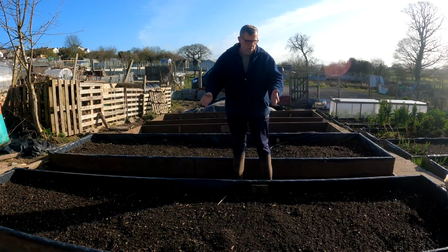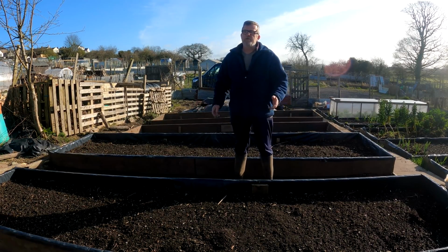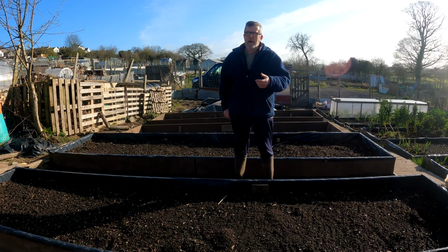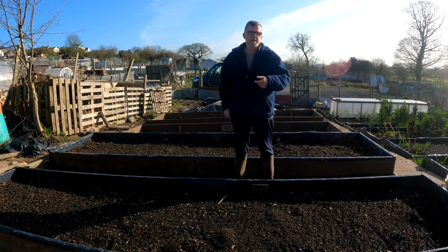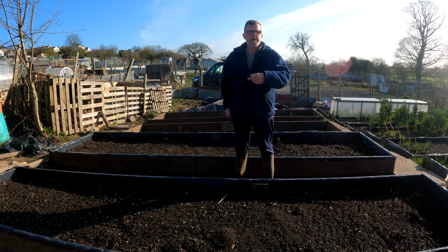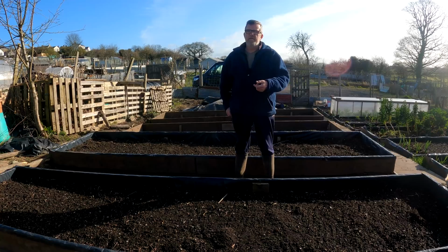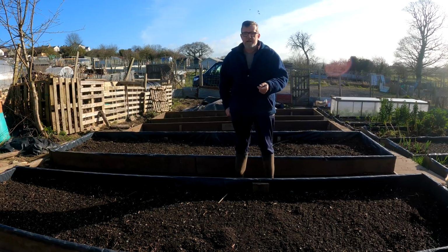Right, so last autumn I talked about these beds here, these double no dig raised beds, and I was going to do something that for me was game changing and would revolutionise the way that I was growing things on this plot. And the intention is still there to do that, but as I ordered the timber that I needed to build it, of course we went and hit lockdown. We hit tiers first, then we hit lockdown, and that affected delivery to the timber yard where I'd ordered them. So I had to start looking around, and I found another timber yard, and I've got some stuff ordered, and then they let me down. And then the next nearest one